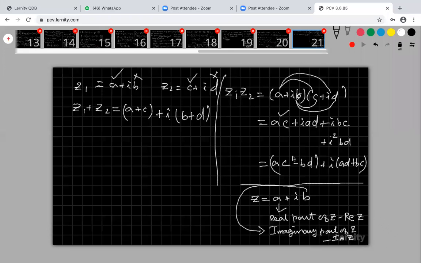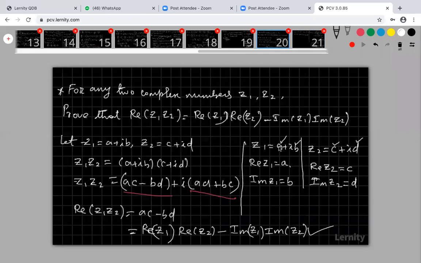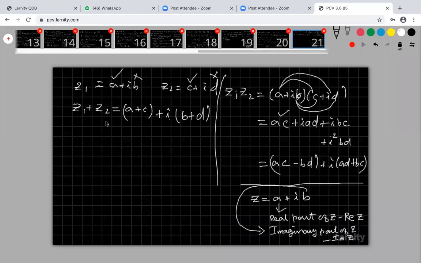Are you okay? This definition is true for all complex numbers. So this is my real part of Z1, because I am taking this as Z1, and this is my imaginary part. Similarly here, this is my real part of Z2 and this is my imaginary part of Z2. This is the initial definition we started in the first class. We discussed what is a complex number, what is the real part, what is the imaginary part. That's all, this is only for your reference. Now come to the next one.